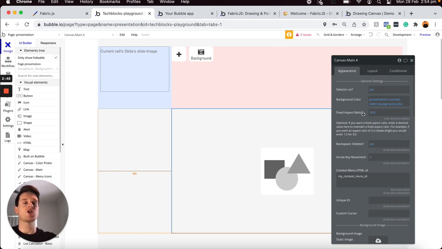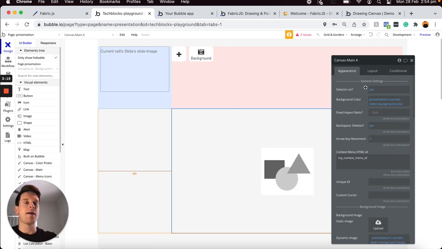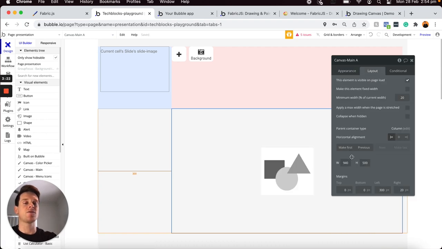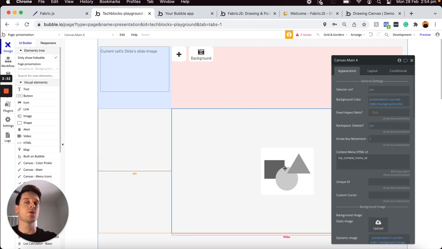And now this will ensure that your canvas is fixed at this particular aspect ratio every single time it is loaded. But for the sake of our tutorial today, I'm going to remove this aspect ratio because I don't want that to be fixed. I'm happy with the settings that I've customized for the width and height here. And now that I've explained how to customize your own aspect ratio, I do want to move along to the next core feature we'll be adding,